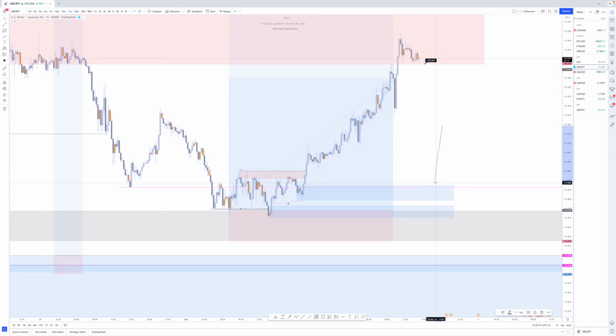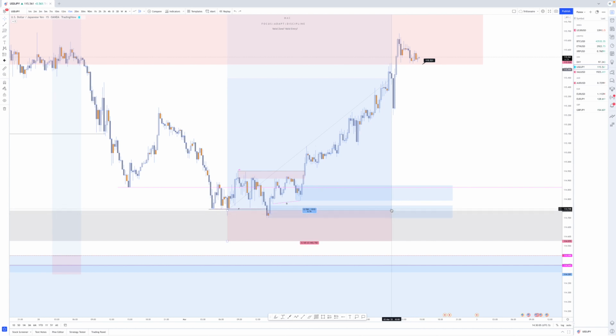So what are we going to be waiting for? As it relates to what price is doing now, we know that we have demand that came into the market here, and we know that we have demand that came into the market here. We have a little bit of inducement resting right here above this region. We don't necessarily have any inducement above this region here, but that's completely fine. So what do I want you guys to do? I want you guys to set alerts at these regions right here.